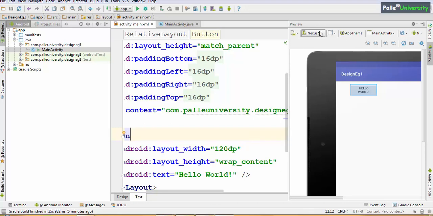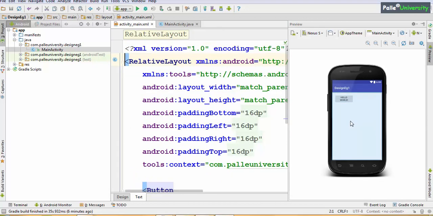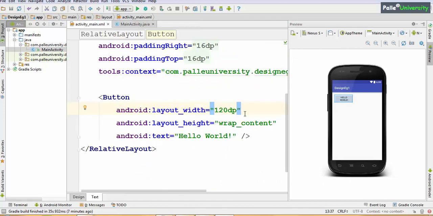Now same thing, if you see in Nexus S one more time, it will look like this. So I hope you understood what is the difference between px and dp. So based on the screen size, if you want to increase the width and height of your view, better to go for dp, don't use px. That will solve your compatibility problem.